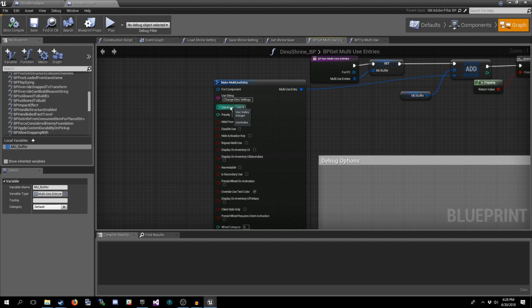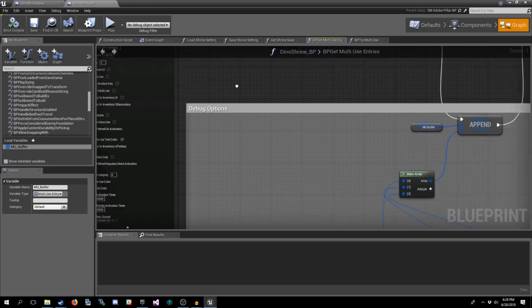Use like 10,242. Because these could cause conflicts with other ones from other mods or existing multi-use entries on a structure. So pick something high up there in the integer and just make sure it's something that nobody would really think to use. It would not be a common first thing on your mind, 10,000 or 20,000 or 15,000.